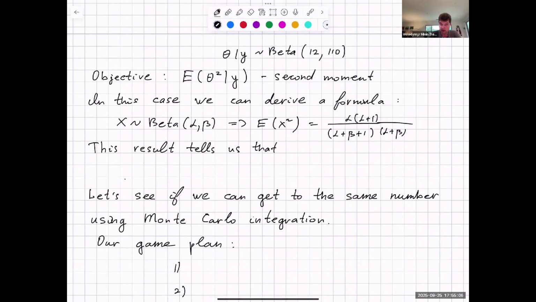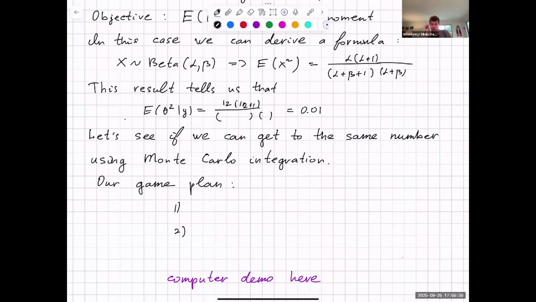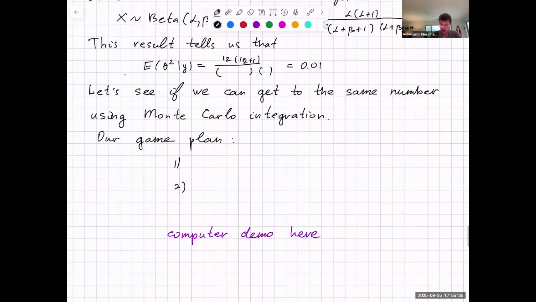And so in this case, we know that if you plug that in, then the expectation of theta squared given y, our posterior expectation, will be these 12 over 12 plus 1, which will be something like 0.01. But let's pretend that we don't know how to do it, and let's try to get the same number using Monte Carlo integration. So our game plan would be to generate